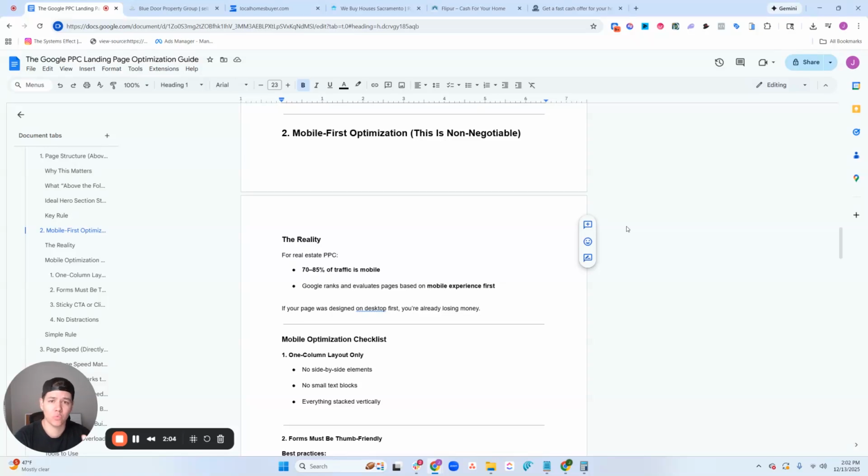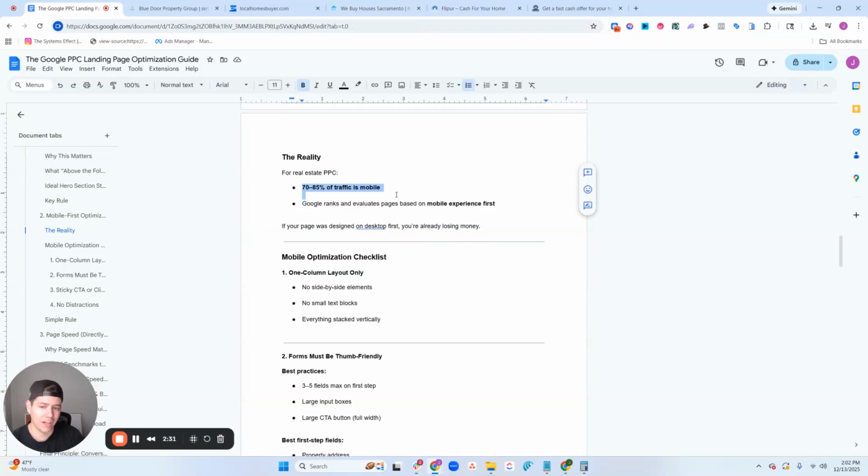So we want to focus on websites that will convert really well on both, obviously, desktop and mobile, but mobile is so much more important than desktop in 2025 going into 2026, because so many people who are using Google and so many people who are searching for stuff online these days are not doing it from a desktop. They're doing it from their phone. Okay. So for PPC, majority of the traffic,